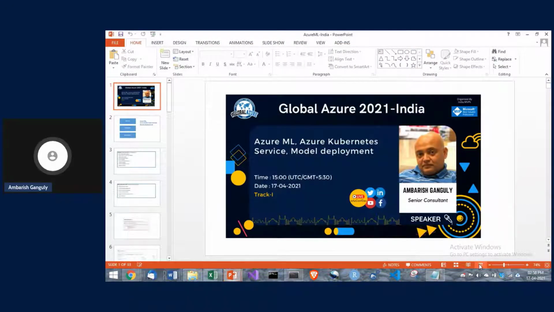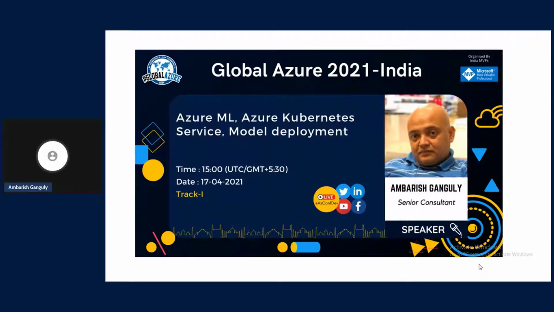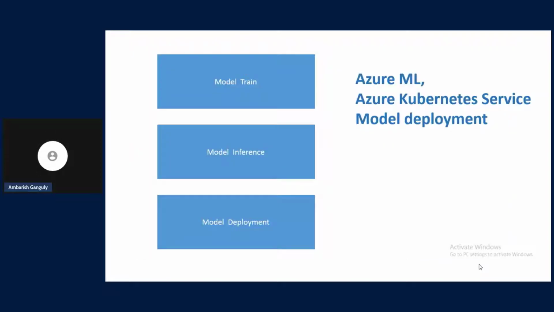Okay. So now we'll go to Azure ML, we'll deploy the service in Azure Kubernetes, and then we will actually deploy the model, and then we'll call the model from a web service. So basically there is model training, there is model inference, and then there is model deployment.